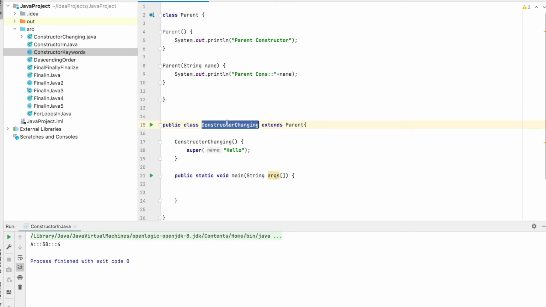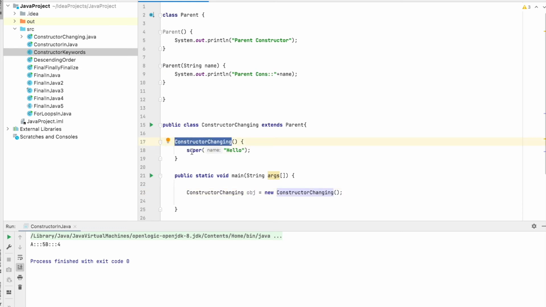Now let's create the object for this class. So the constructor will be called. It will call this constructor, and this constructor will call this one, so it will print the value.